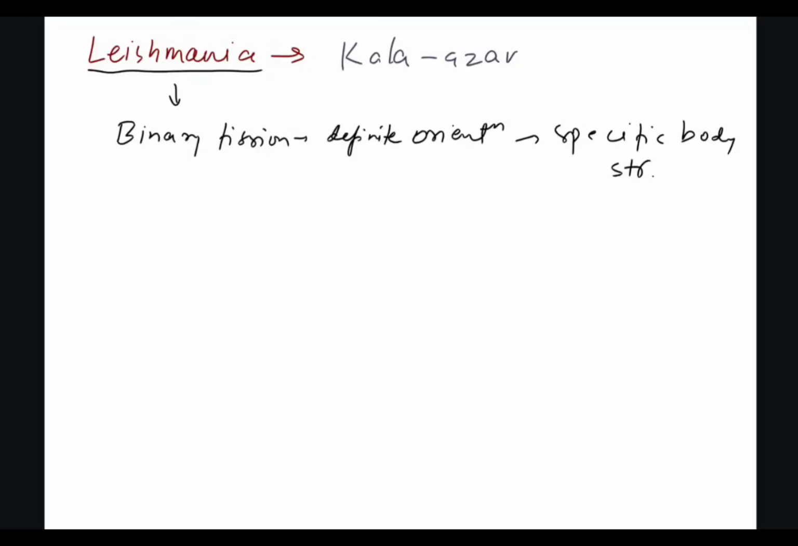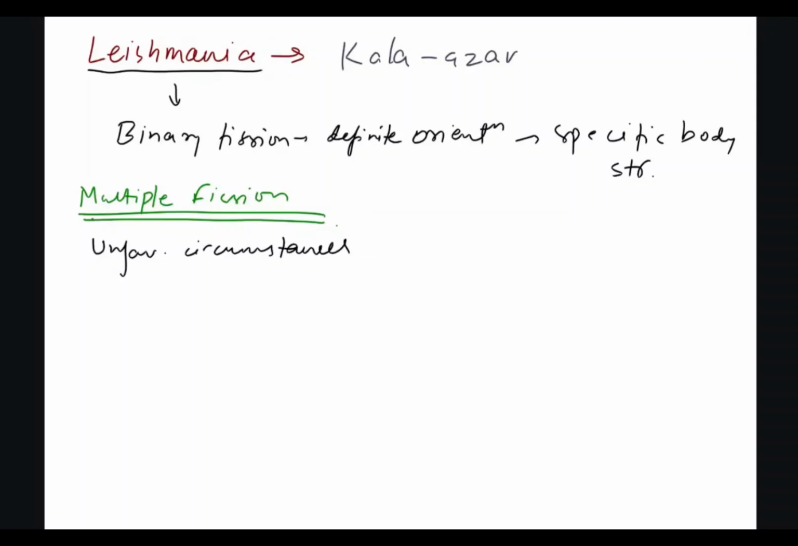Now, we have had binary fission. There is another one, and we call it multiple fission. What do you think multiple fission would be? What does the name suggest? So multiple fission, it does not require any favorable condition, right? So under unfavorable circumstances,